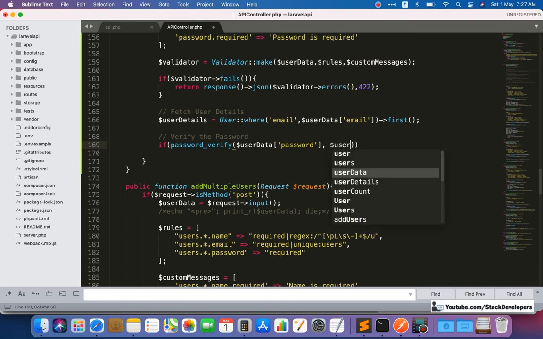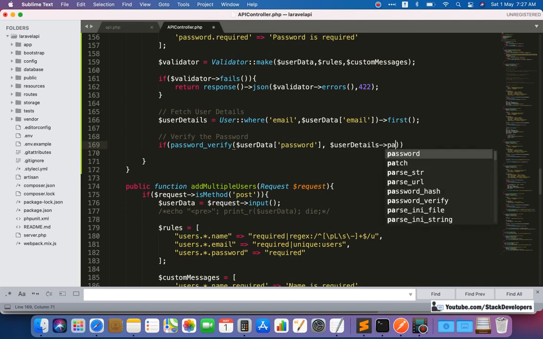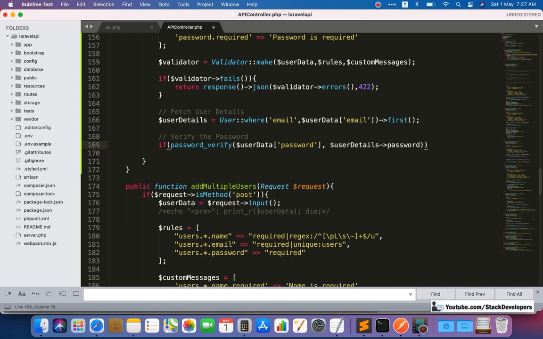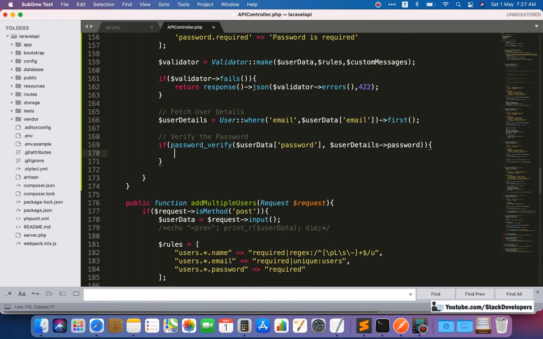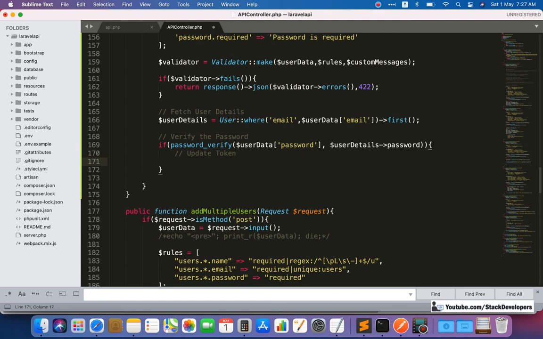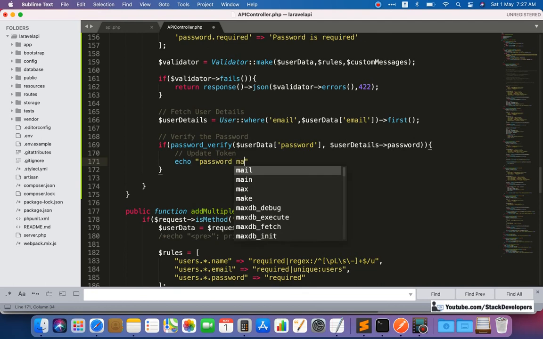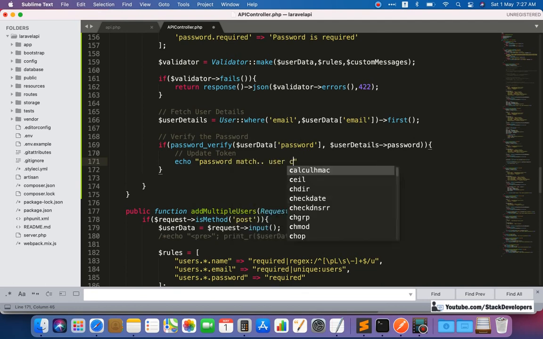We are going to match both, and if they match, we are going to update the token, so that it can be used for further API calls. But first of all, we are going to write an echo: password match, user can login.